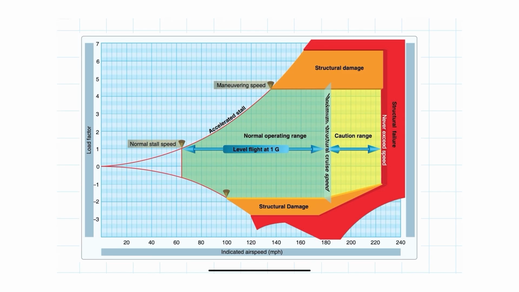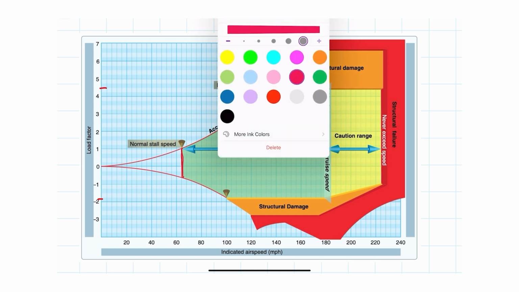We're going to look at one VG diagram that's presented in the Pilot's Handbook of Aeronautical Knowledge back in Chapter 5. It shows an airplane that looks like it runs from about 4.4 Gs down to minus 1.8 Gs. If we're in that speed range, faster than about 65 knots, and we're still slower than maneuvering speed,